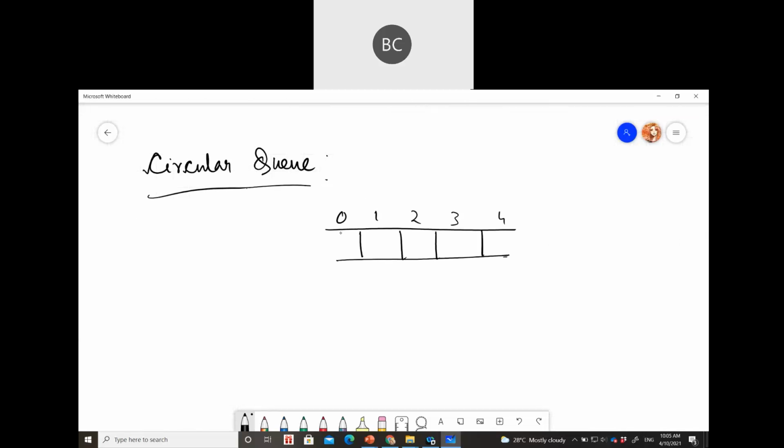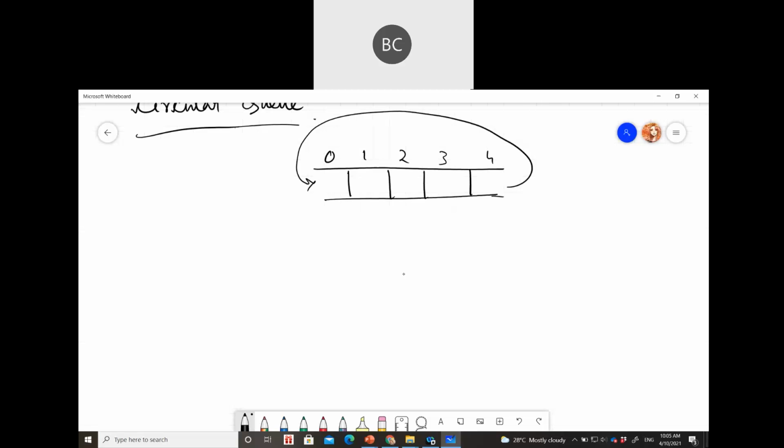Then the last item is pointed to the first. So hypothetically you can think of it as a circular queue. You can think of it like this only.